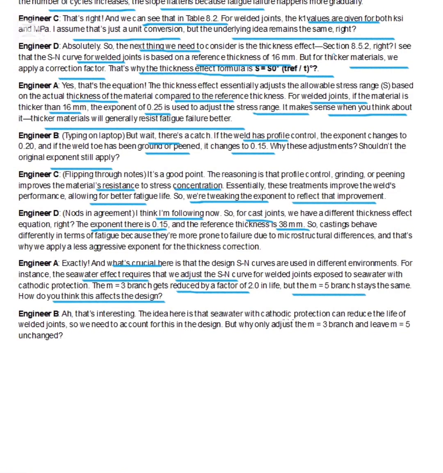The idea here is that seawater with cathodic protection can reduce the life of the welded joint, so we need to account for this in the design. But why only adjust the m equal to 3 branch and leave m equal to 5 unchanged? I think it's because the m equal to 3 branch corresponds to high stress, low cycle fatigue. m equal to 5 is low stress and high cycle fatigue. In seawater, the high stress cycles are more significantly impacted, but the low stress cycles are less impacted by corrosion. So the real